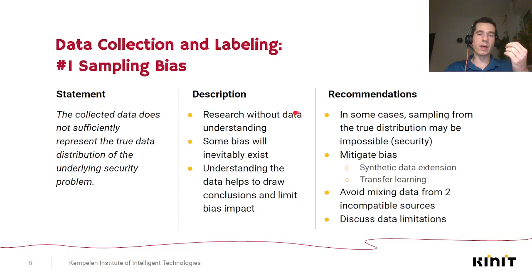This happens when the research is done without understanding the data. In most data, some sampling bias will inevitably exist, because it is very hard to sample from the true distribution, especially in cybersecurity. But if we understand the data, it may help us to draw better conclusions or limit the impact of this sampling bias to almost zero. So what we can do to mitigate the bias is